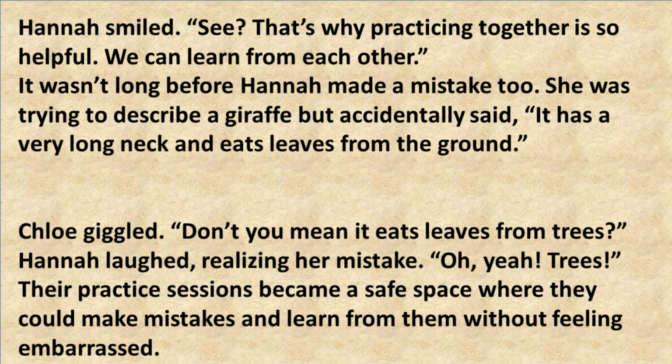It wasn't long before Hannah made a mistake, too. She was trying to describe a giraffe, but accidentally said, "It has a very long neck and eats leaves from the ground." Chloe giggled. "Don't you mean it eats leaves from trees?" Hannah laughed, realizing her mistake. "Oh yeah, trees." Their practice sessions became a safe space where they could make mistakes and learn from them without